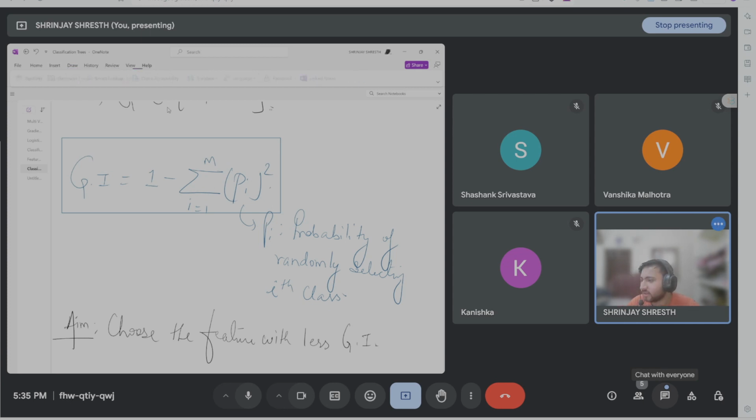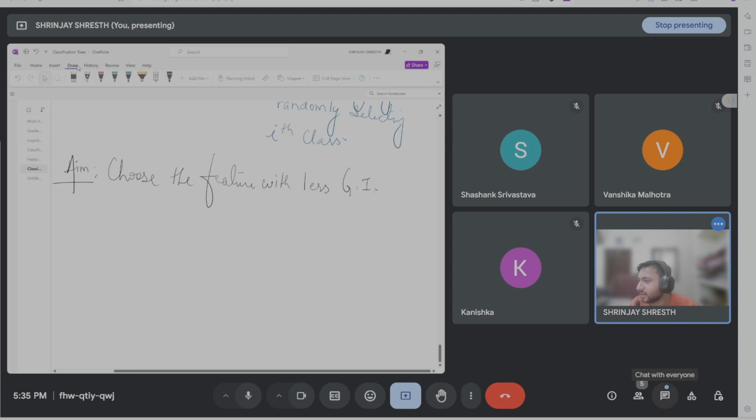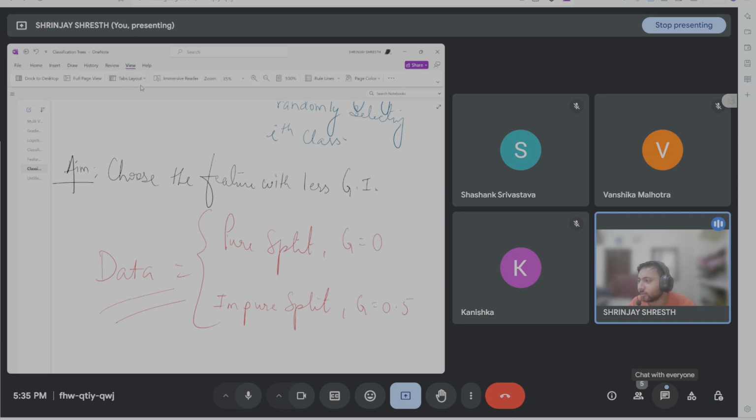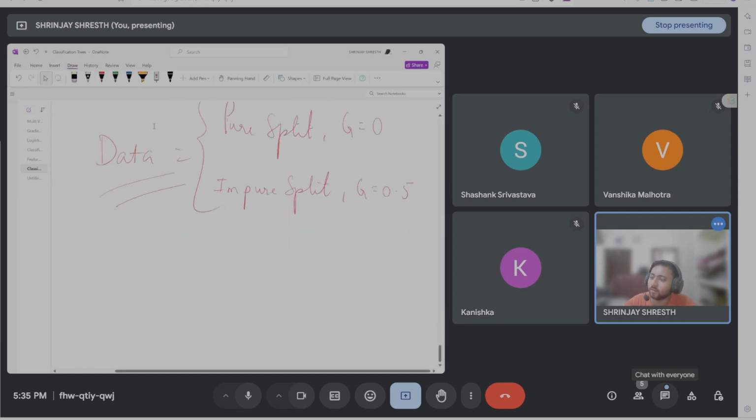लेट अस डू इट. One more thing, let me show you. It is something as if your Gini index, your data can be a pure split or it can be an impure split. If your Gini index is 0, if your Gini index is 0.5. ठीक है. तो जो हमने लास्ट एग्जांपल देखा, लेट अस सॉल्व इट फॉर दैट एग्जांपल ओनली. उसी के लिए गिनी इंडेक्स निकालते हैं. ठीक है. Let me show you that